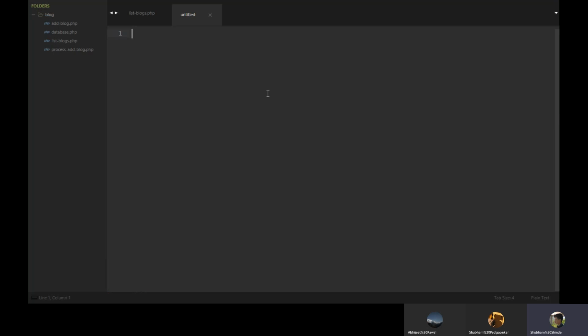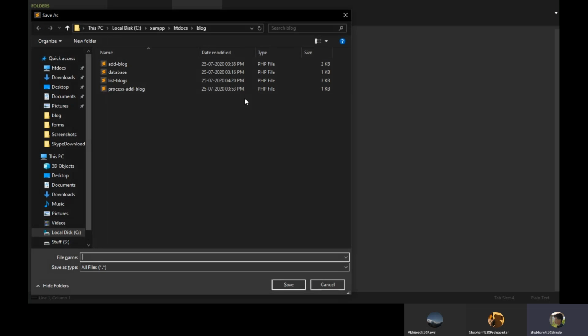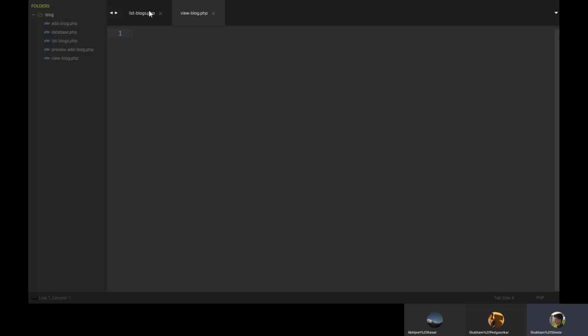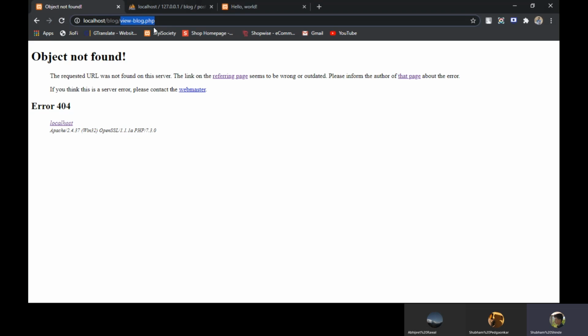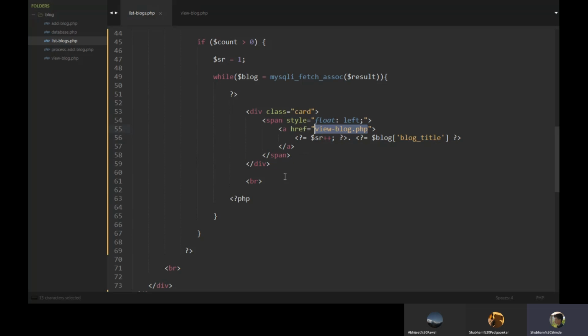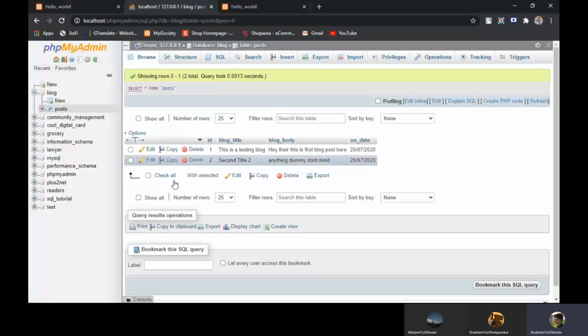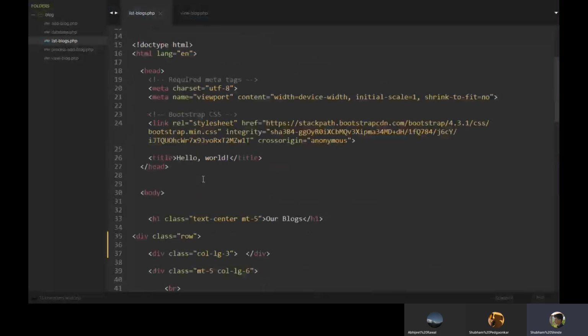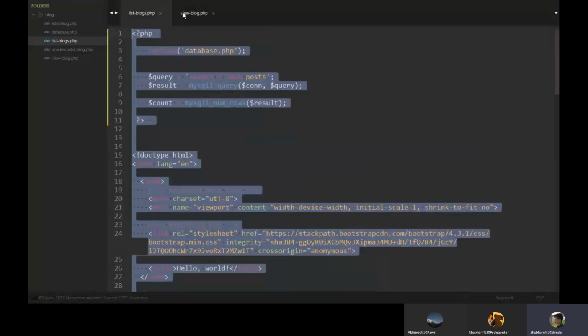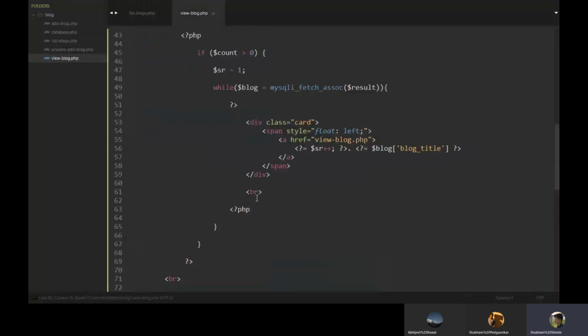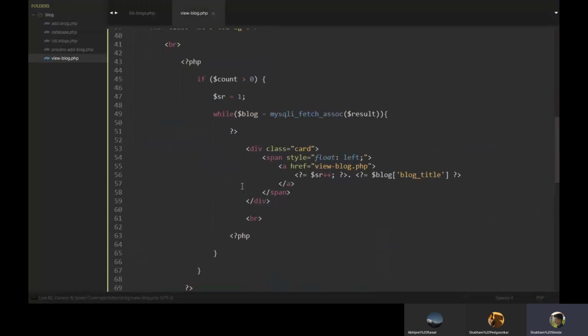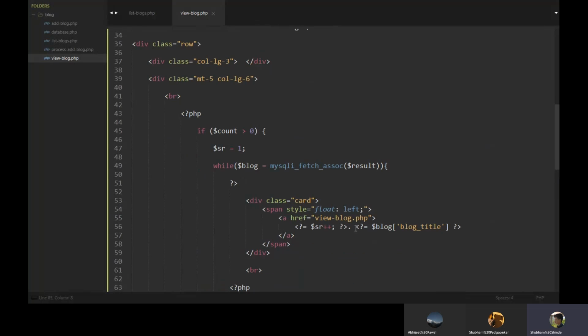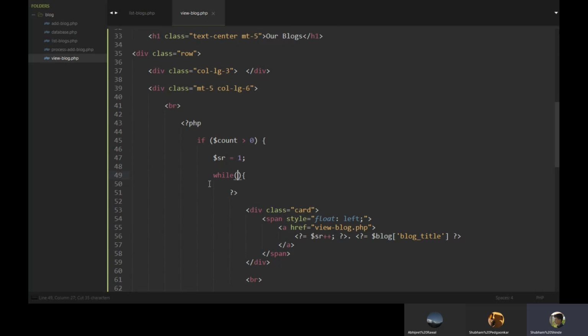New file, save as view-blog.php. Let's save it. Okay. So we will get again our basic bootstrap and use it here for viewing a single blog. Paste here, and we will remove these things from here.